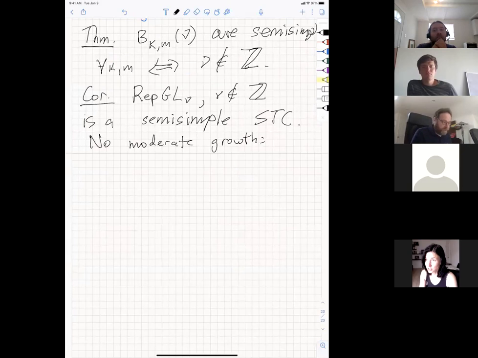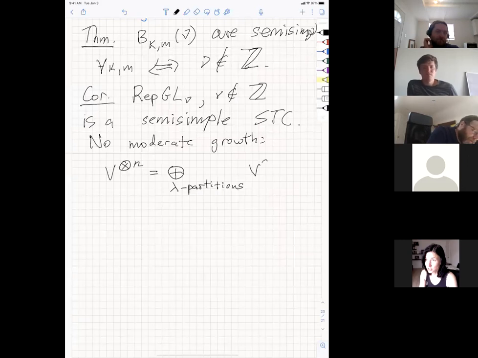So this just means that every object is a direct sum of simple objects, not just an extension, but a direct sum of simple objects. And there is no moderate growth, because if I take, for example, V^n, then it is going to be a direct sum over partitions lambda of parts,